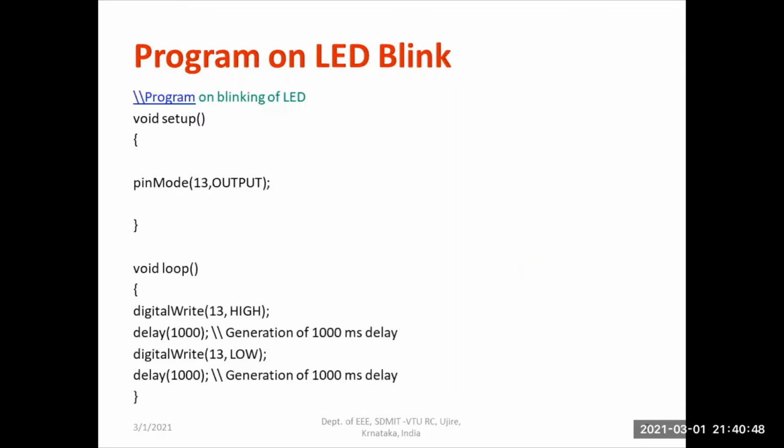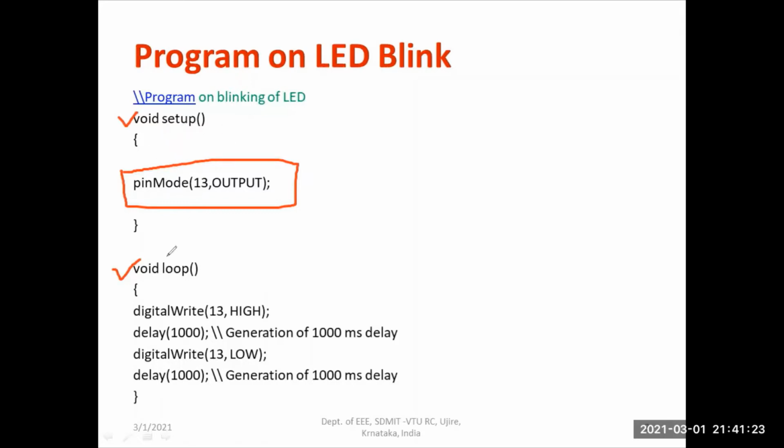So this is a program for LED blink. As we know, there are two segments in the program. The first segment is void setup and the second segment is void loop. In the void setup, you can maintain a certain pin as an output pin. Here I am going to maintain 13 as the output pin. You can select any one as you wish. The importance of void setup is that we maintain the direction of a particular pin. Okay, direction will be controlled with the help of this particular command.